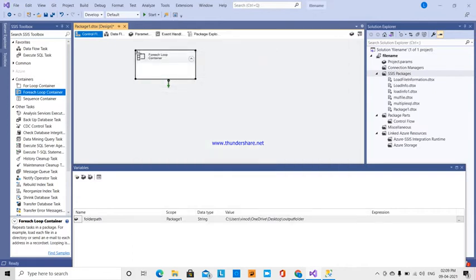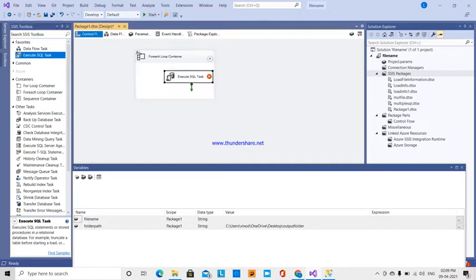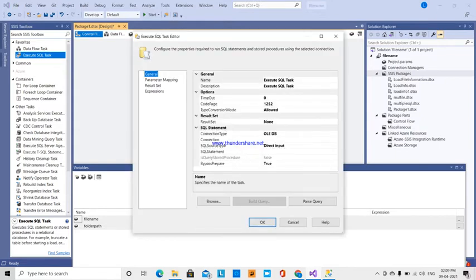Now it is done. For each iteration it will go to that particular folder. After that we have to execute those SQL files, so I have selected the Execute SQL Task in the control flow.